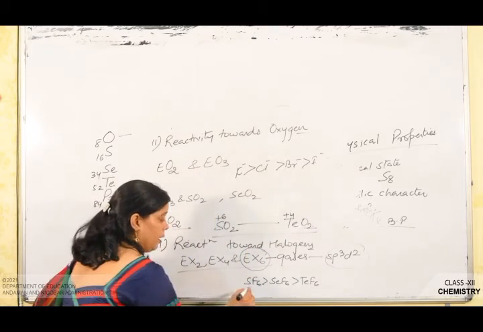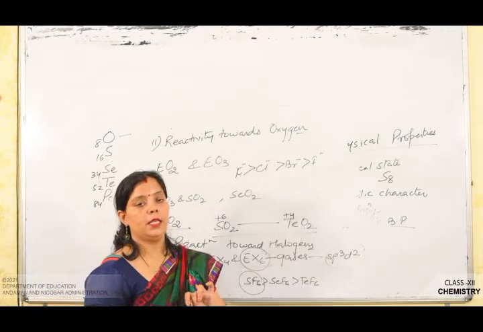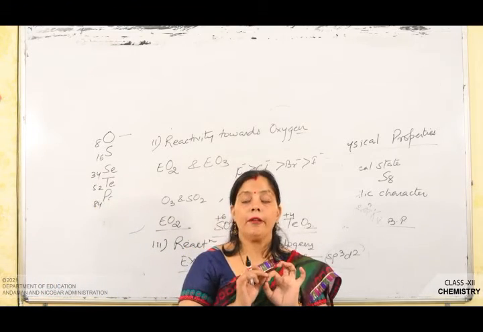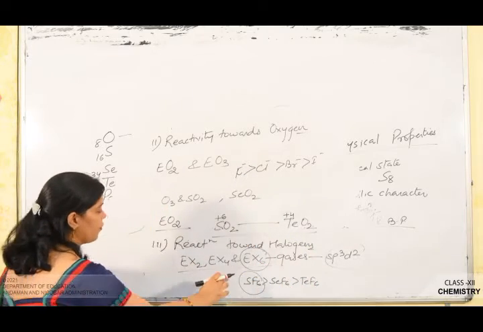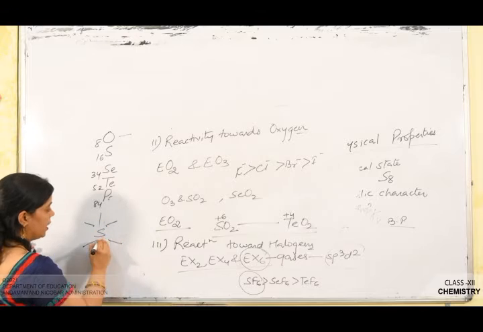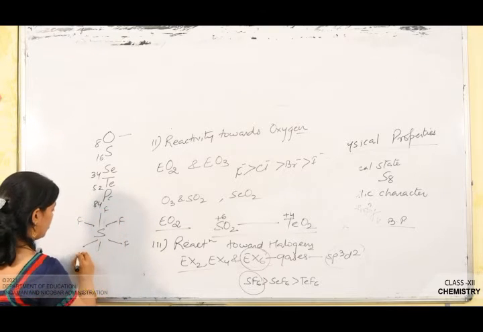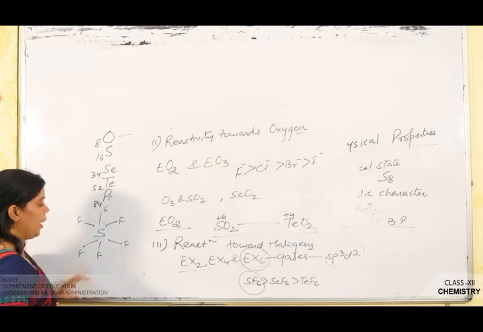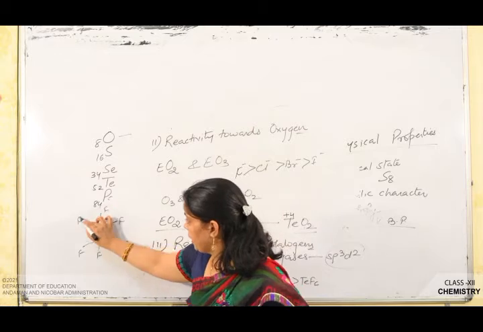Next, an important point about SF6: why is SF6 thermally stable and chemically inert? This is only due to the structure of SF6. In the structure of SF6, you see that there are 6 fluorine atoms. The sulfur is surrounded by 6 fluorine atoms, and due to this geometry,